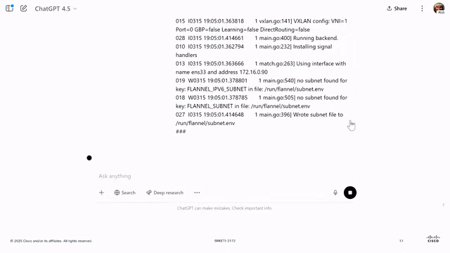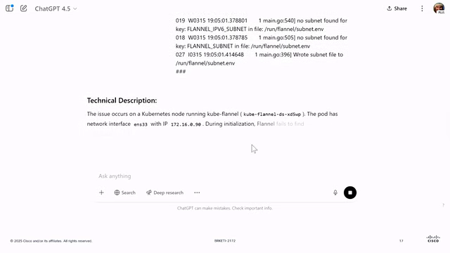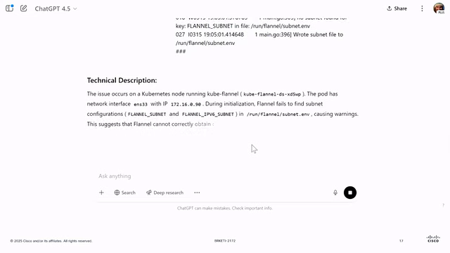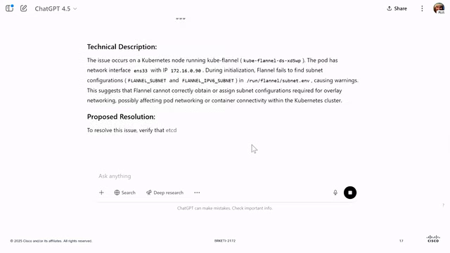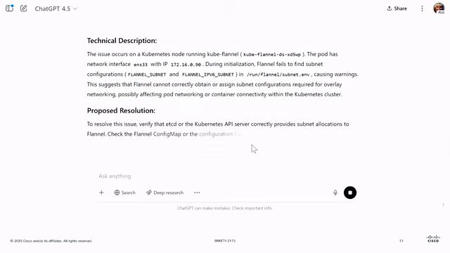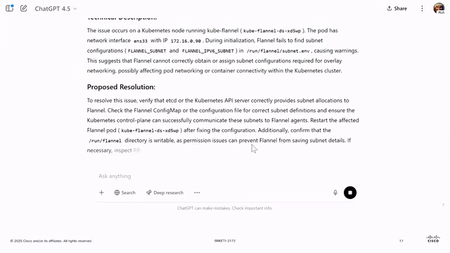If we click on run for me, it will very swiftly say there is an issue that occurs with the Kubernetes node. So it forgot all about that bootstrapping stuff. It was safe to ignore that. It really honed in on flannel subnet configuration. And it indeed saw that it couldn't correctly obtain subnet configuration, so that was indeed the issue. We forgot to configure Kubernetes subnets at this point, and then it tells me what to do: look into the flannel config map configuration to make sure that I have subnets configured for v4 and v6.